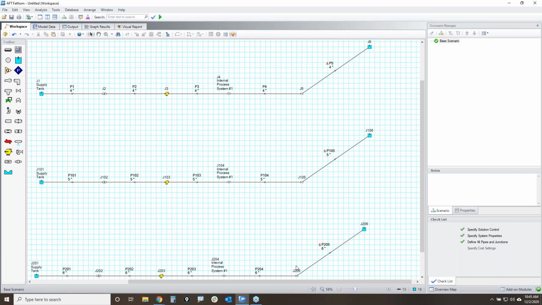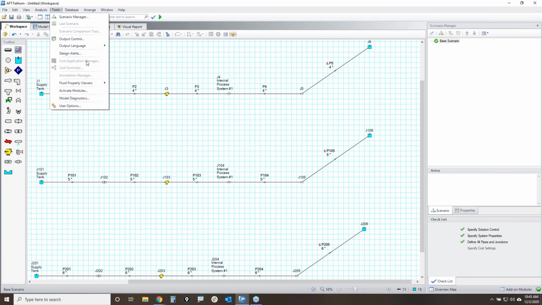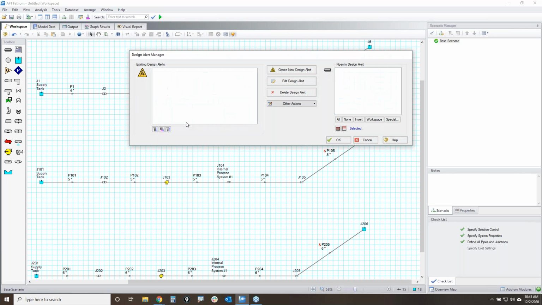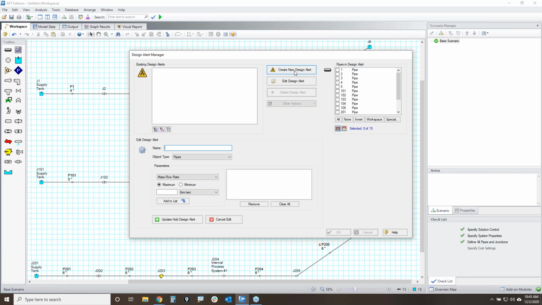I have a velocity requirement where the velocities have to be less than 6 feet per second. So I'm going to go to the tools menu and turn on the design alerts. The design alerts are what you can use to flag your attention if a certain minimum or maximum value of something is exceeded. So I'm going to click on create new design alert and give it a name, 6 feet per second max